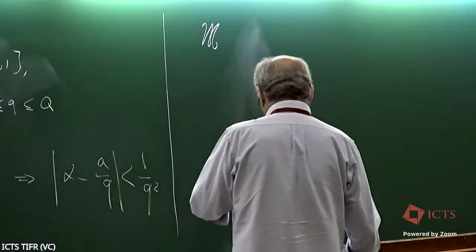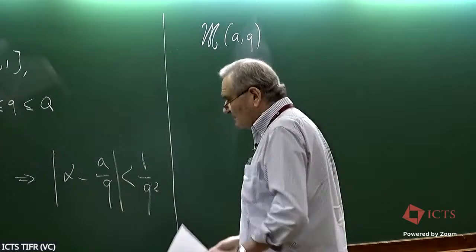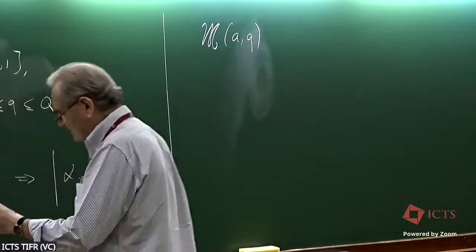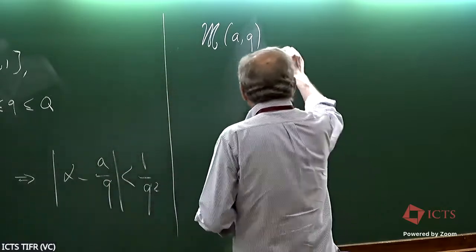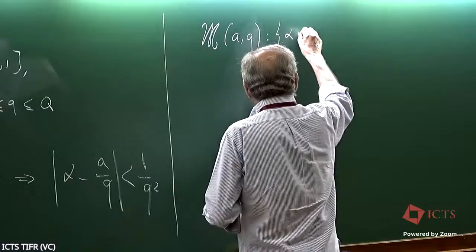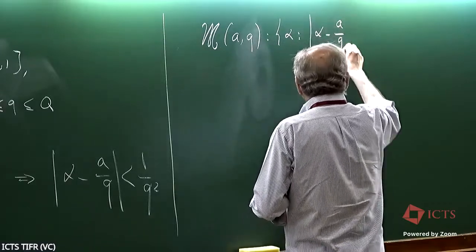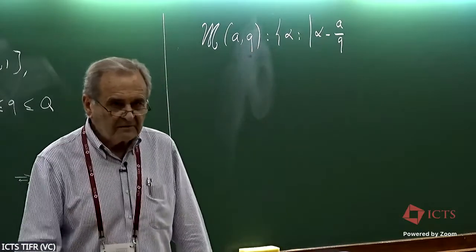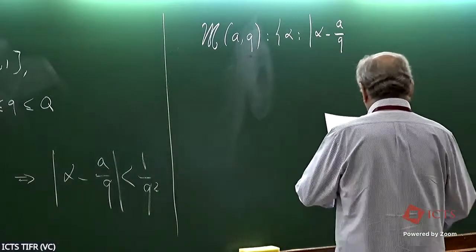So M of A, q. Now I'm defining the major arcs for my problem. So, this is the set of alpha such that alpha minus A over q, always when we are speaking about A and q coprime, if I forgot to say it, you just add it by yourself,